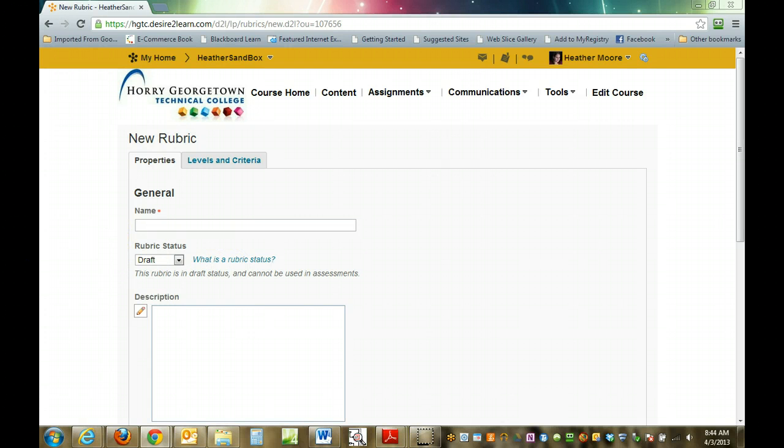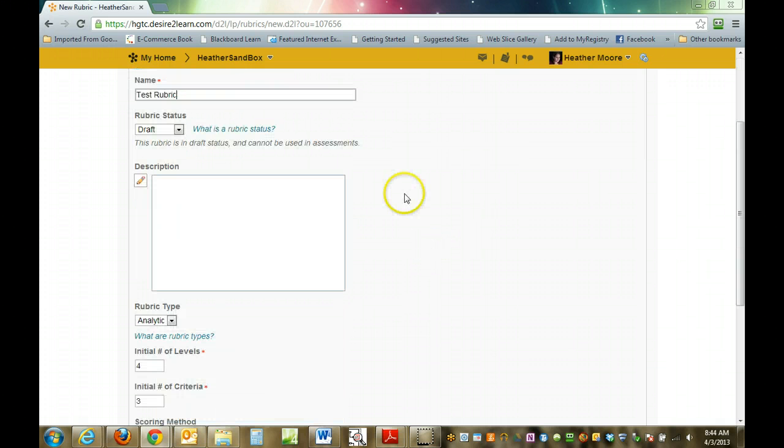And following along with this page, first you want to give a name to the rubric, and I'm just going to call this test rubric. And then under the status, you have several options here. The first one is draft, which is the initial status of a rubric, and draft rubrics are not published or available for new associations. You also have a published, which means